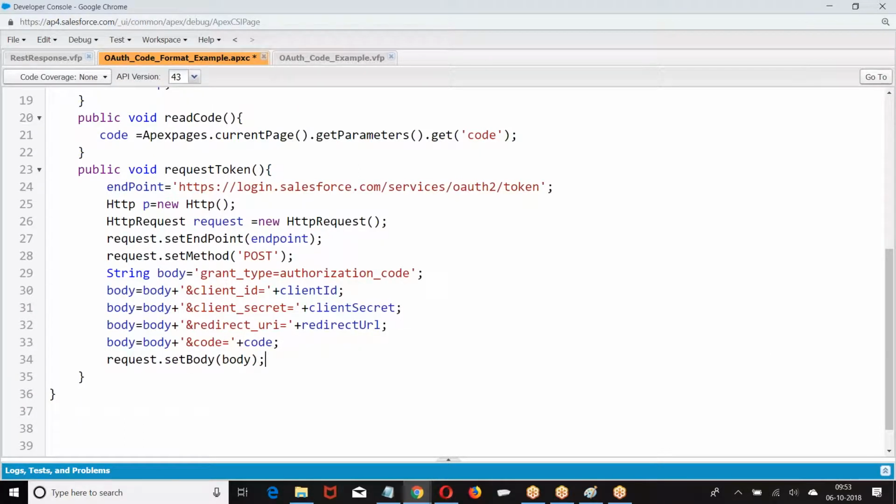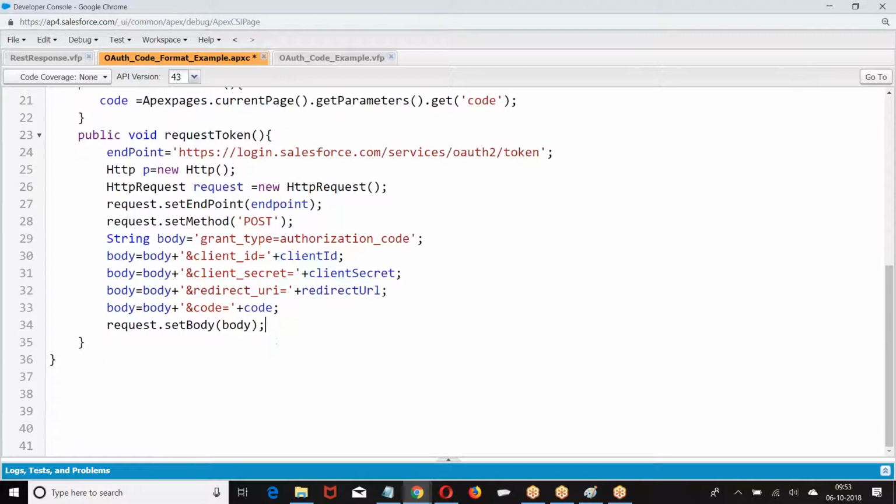This is the endpoint URL, this is the post method, send the request. We are going to get a response.